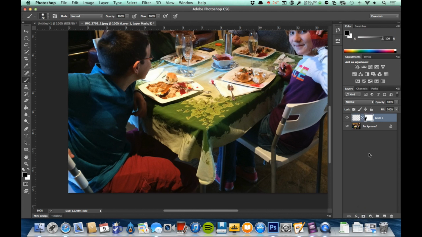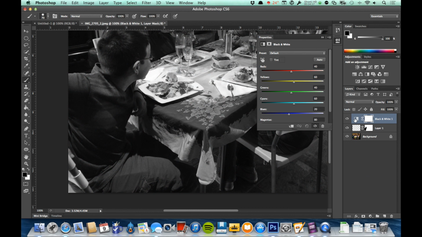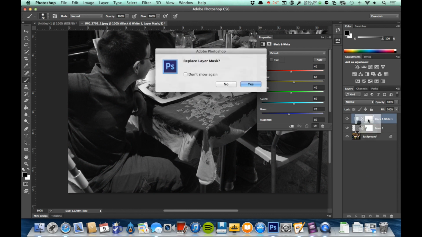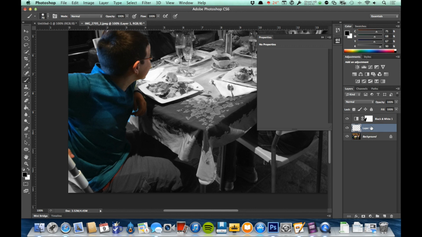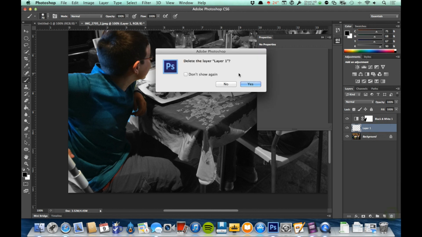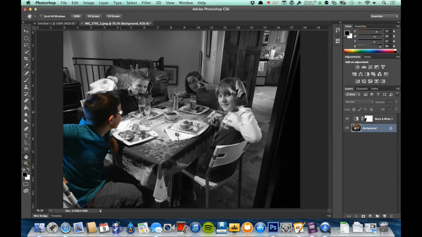Okay? And then I'm going to go ahead and apply a black and white filter to this. Drag that mask up to there to replace it. Now I dragged that mask from one layer to the next, and that allowed me to move that mask onto that layer. And you see that, again very rough comparatively, but we have him in color, Anthony in color, and everything else